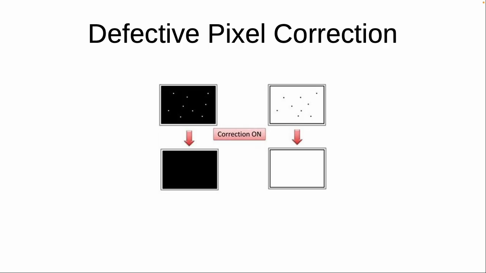What goes on these image sensors? Well, they're not just image sensors, they have complete image processing pipelines. And often you'll actually get ASICs which have image processing pipelines without the image sensor. So a whole bunch of things can happen on these devices. The first one is often defective pixel correction. So if you have a short circuit on a black background, you're going to get a white dot. And if you have an open circuit on a white background, you're going to get a black dot. And so you really want to correct both of those.